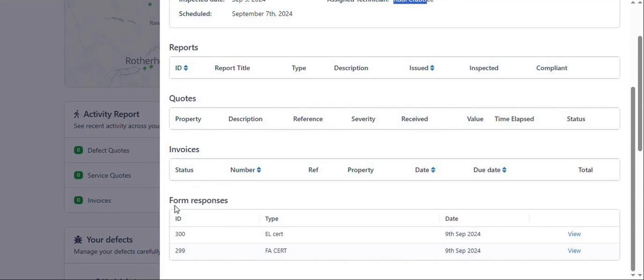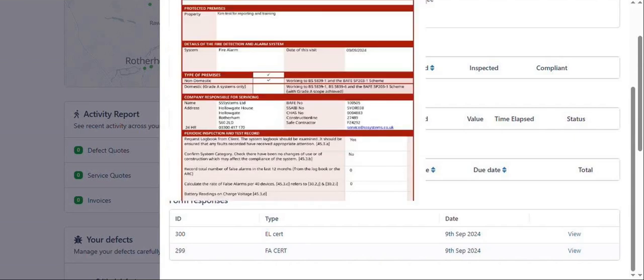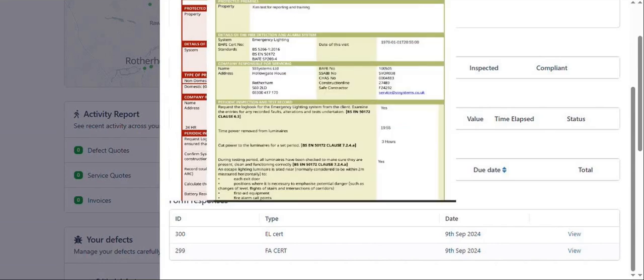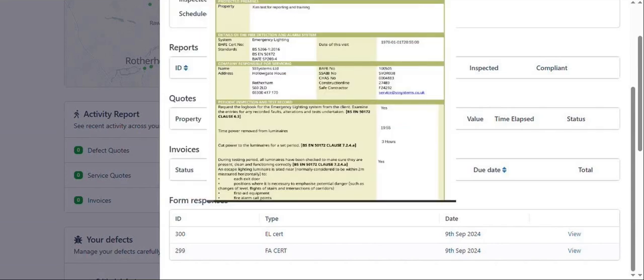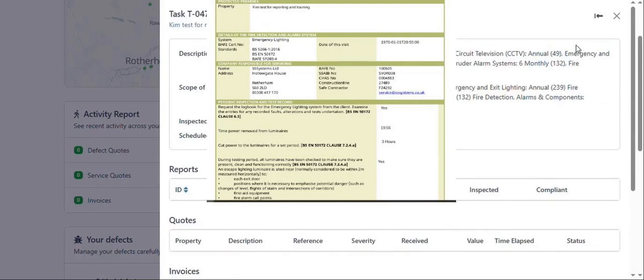What you've also got access to is any specific certificates that have been generated. If you hit the view button, it will take you to your specific report for that property. So you can see the fire alarm one, and you can also see the emergency light one. If we then just come out of there,